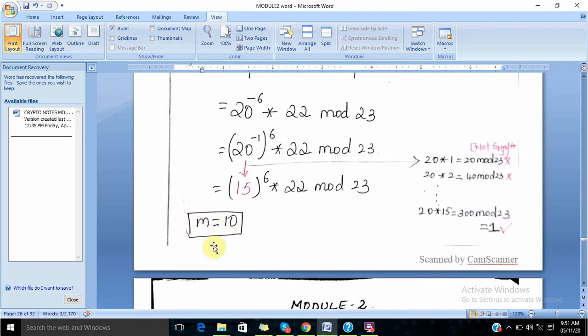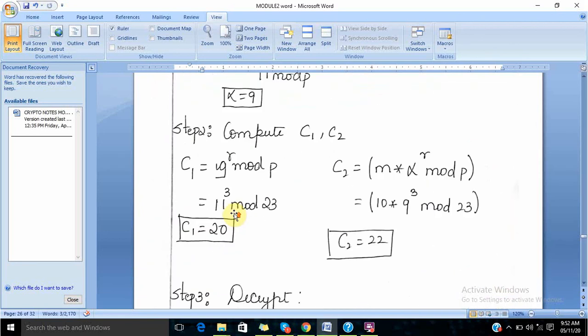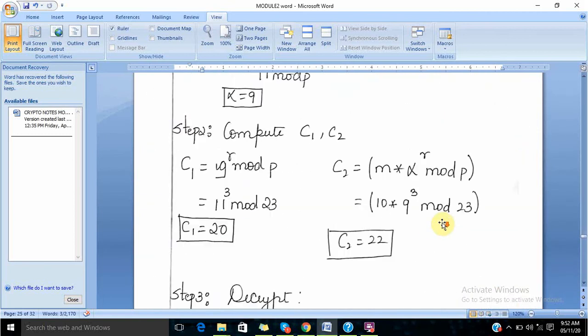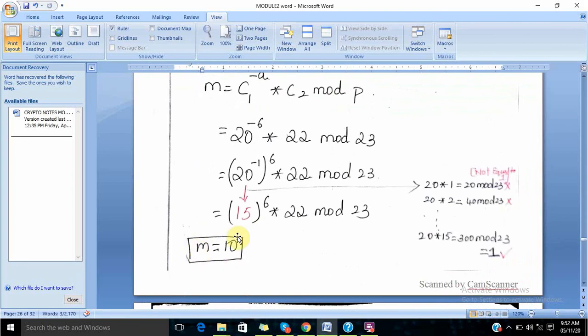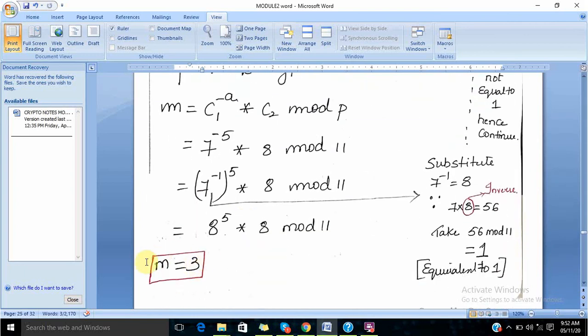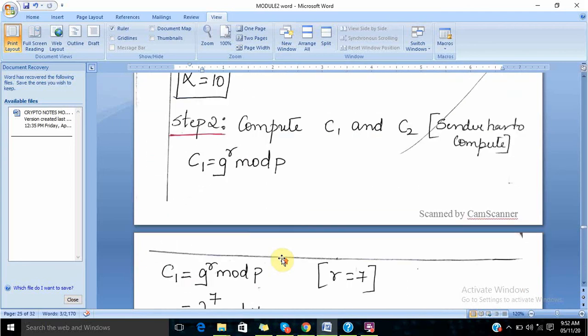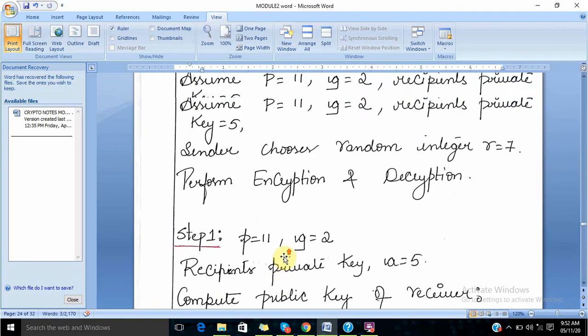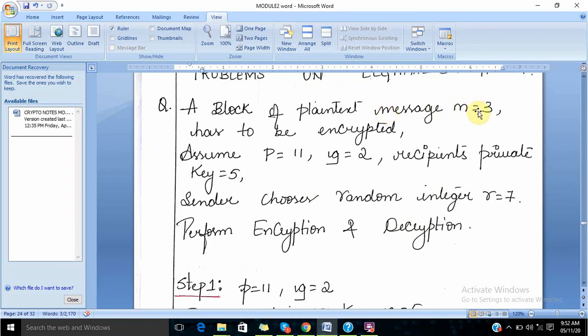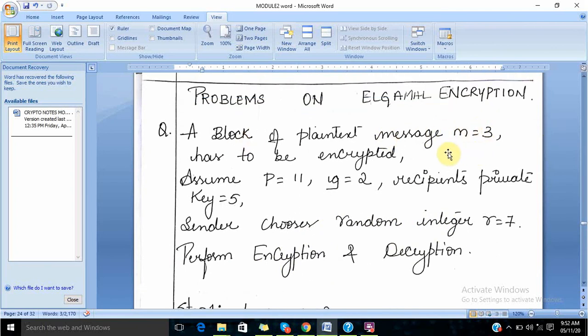And always you need to remember, students, how will you find out whether your problem is correct or wrong? You will find out from the message that was sent before. Here, students, the message is given to you in this problem. See, m is 10. So the message is 10. That same message should be retrieved at the receiver side. That means your problem is correct. Here also like that: m is 3, whatever you got after decryption, and the m they gave on the sender side, both are the same, students. See here, message m is equal to 3. That's how you will come to know whether your problem is right or wrong.